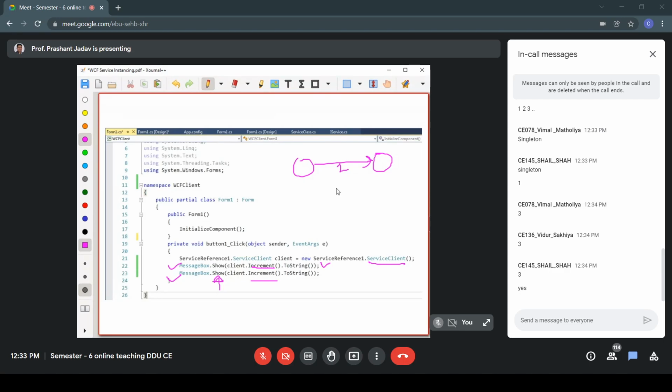For the first call, we should get the value 1. For the second call, it will create a new instance. What should we get as the return value? This is the first call. Then we have the second call. For the second call, the return value of increment should be